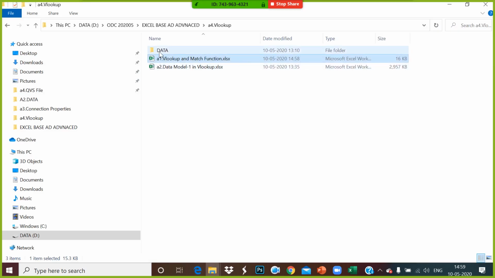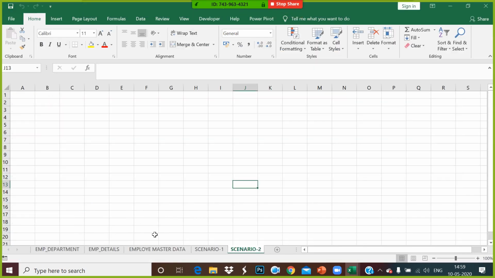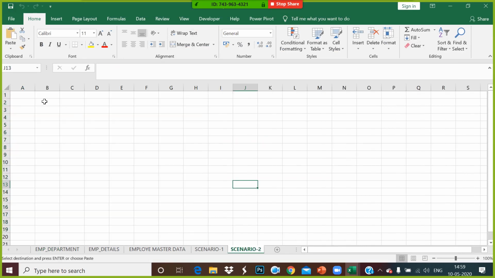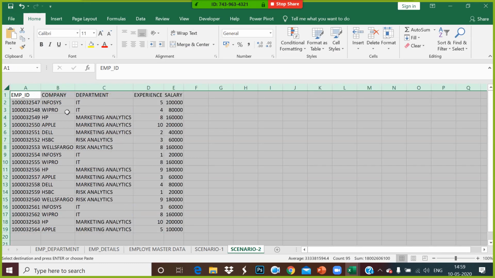In scenario 2, you have employee details given in another folder. So you have been given employee department details, and you have employee details here.